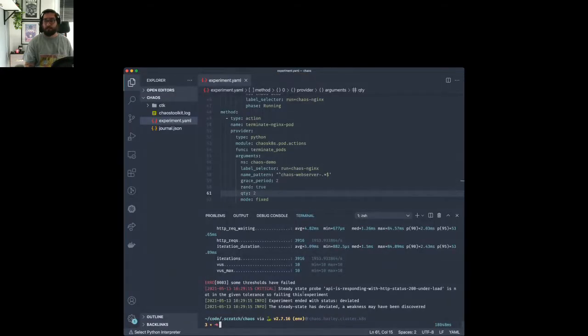Yeah, and as expected, we can see that if we kill 2 of our 5 pods, we are no longer able to stay within the tolerance that we've defined. So then we know that we have something that we need to address within our system to make it more reliable. In this case, for instance, it might be a good idea to have a look at whether we can make our load balancer aware of which pods are functioning on route, using, for instance, health checks or something like that as a prerequisite to route a request to a certain pod.